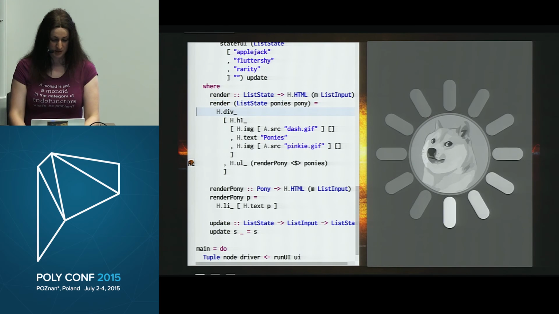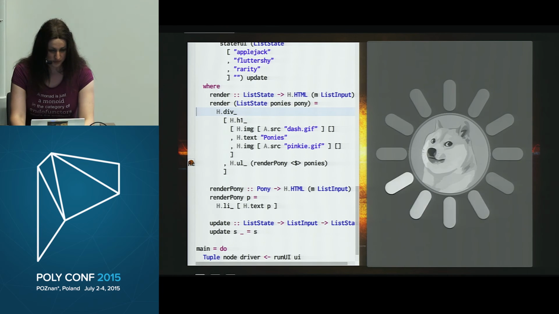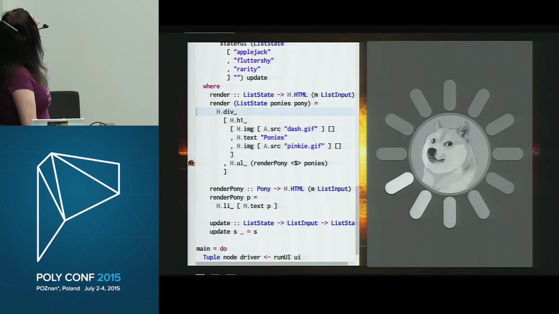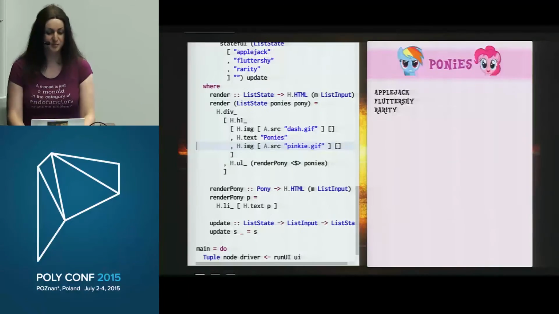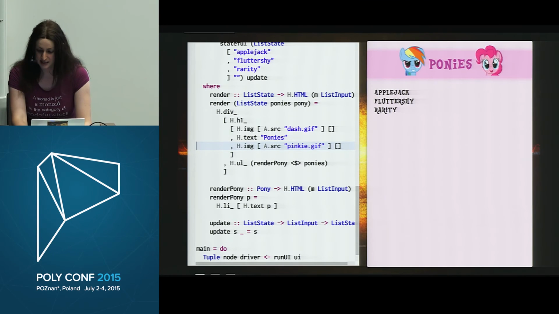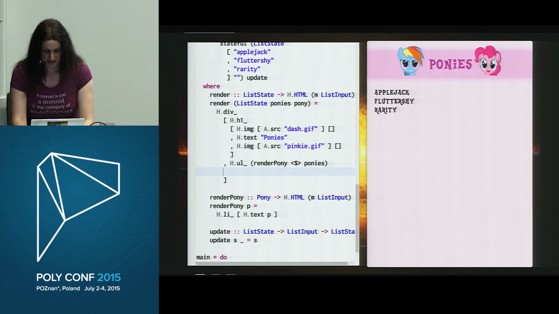So compiling again. Oh yeah, it works, good. Applejack, Fluttershy, and Rarity. That's great. We need to add more ponies there. We need to have a facility for adding more ponies. So I'm going to add a form, and when you submit it, actually I'm going to have to